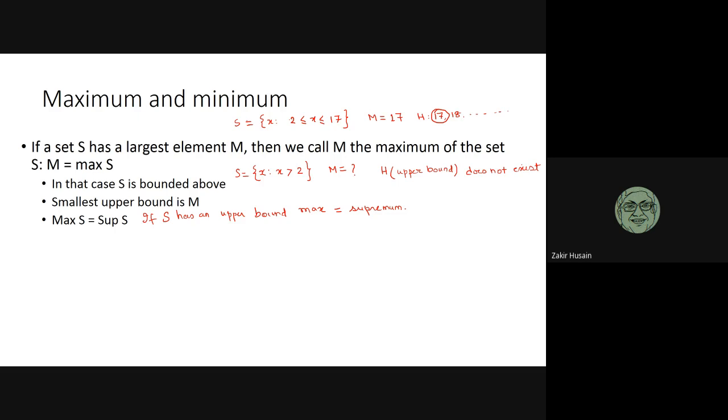Take the set that I've written: x greater than or equal to 2 and less than 17. What is the lowest element in this set? 2. The minimum is 2. What are the possible lower bounds? Less than or equal to 2: it's 2, 1, 0, and so on. So in this case,